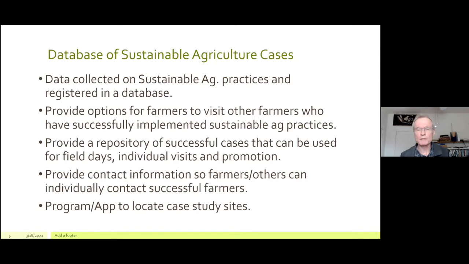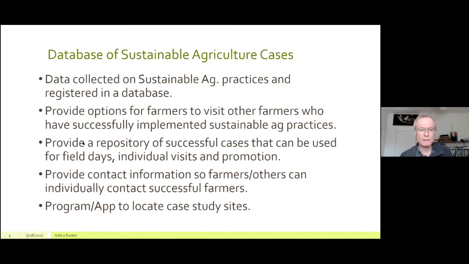So it's a repository of successful cases that can also be used by natural resource professionals for field days, individual visits, and promotion. So one of the members of our natural resources working group is a farmer, and he was saying, if I had to run up to Crookston to pick up a part for my tractor, I could take a look at this map and database and identify farmers that are engaged in soil health practices or silvopasture in our case, and maybe give them a call and stop and see them as I make the trip up there.